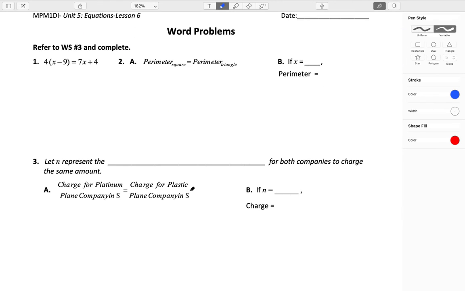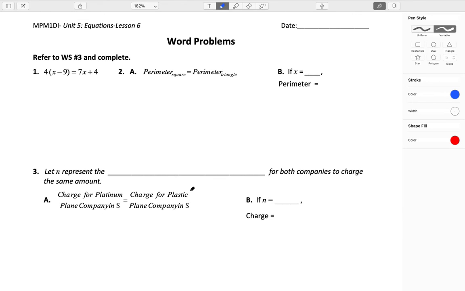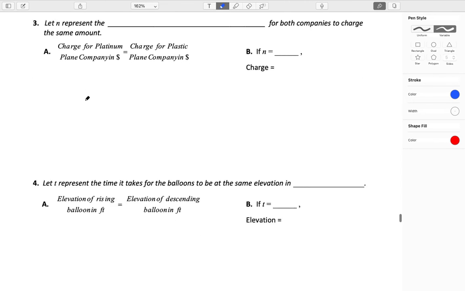And now we are going to work on word problems. Now, when we are working on a word problem, the questions are actually coming from worksheet number 3. So let's take a look at worksheet number 3 to find out what the let statements are and the equation. So if I look at worksheet number 3 at the bottom,